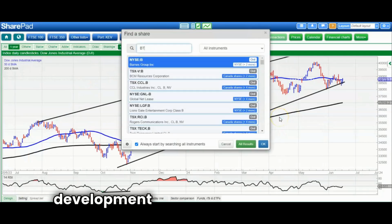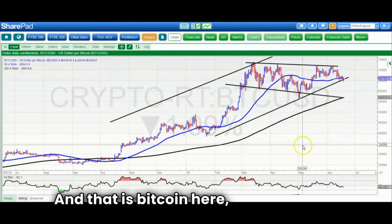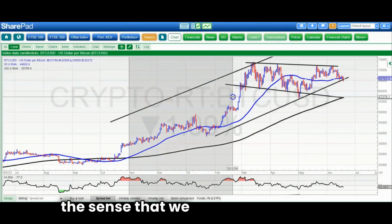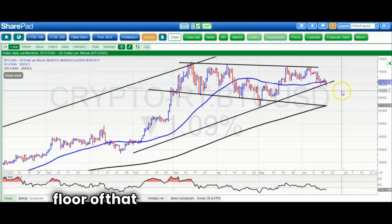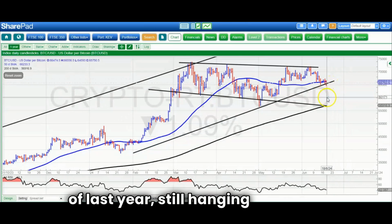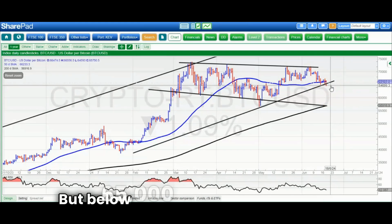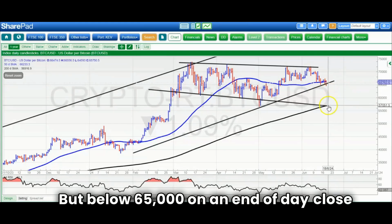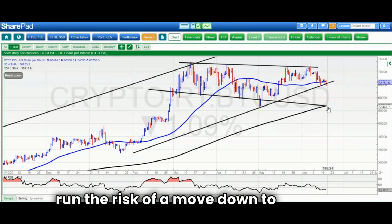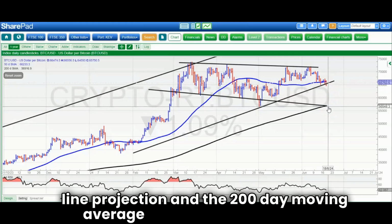On to the difficult market of the moment, and that is Bitcoin, here not looking good in the sense that we seem to be losing the floor of that rising trend channel from the end of last year. Still hanging around that 65,000 level, so can't say that it's all over yet, but below 65,000 on an end-of-day close basis, we run the risk of a move down to the March support line projection and the 200-day moving average, currently around